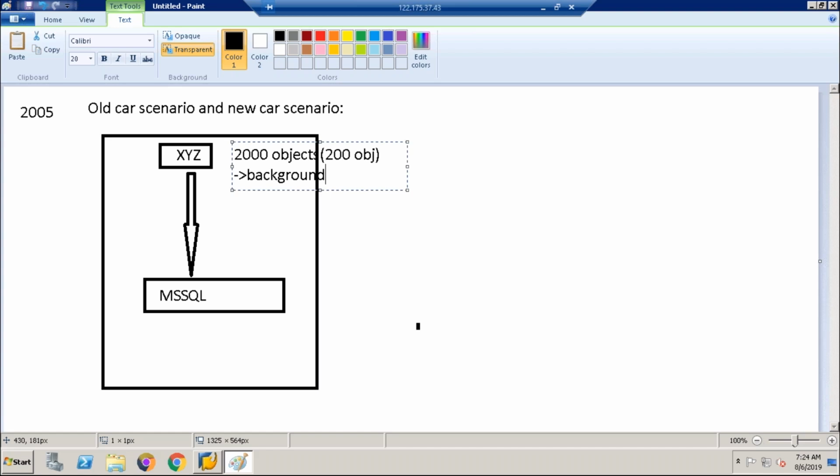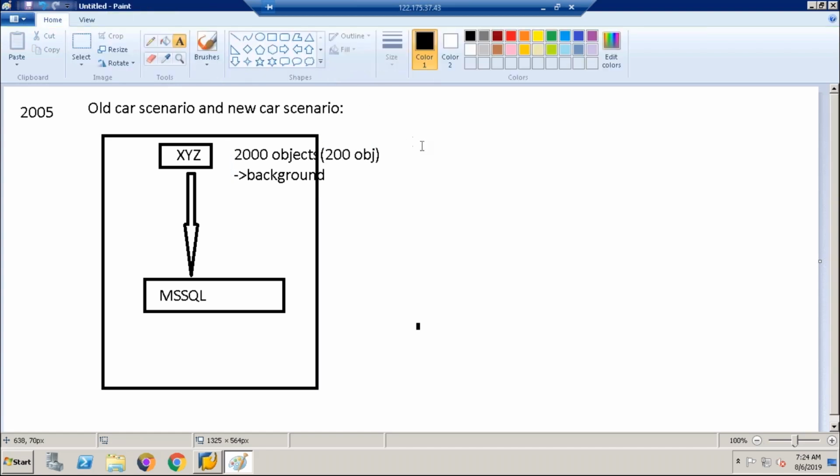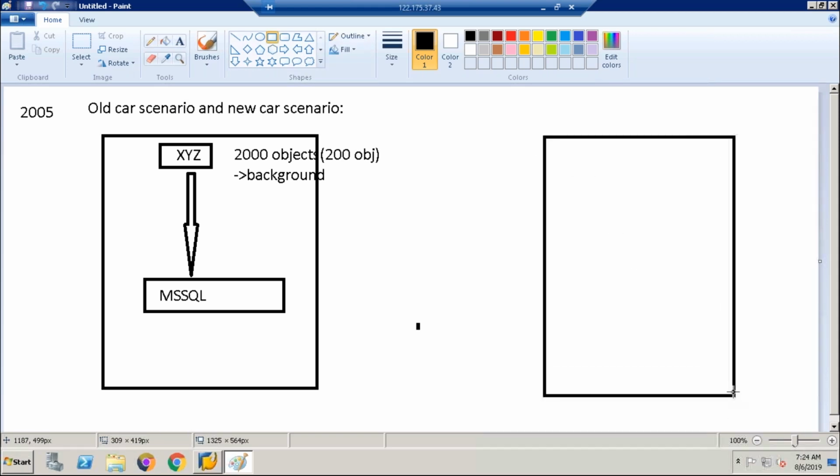Now the company decided to go for HANA implementation, to go for the HANA database. So what they will do, now they will abandon this database called MS SQL. Actually, what is going on in some companies is that they will keep the HANA database parallelly.